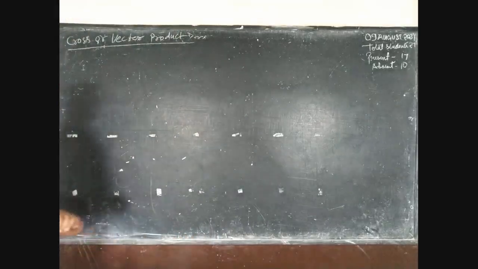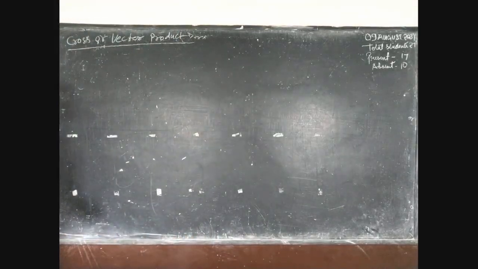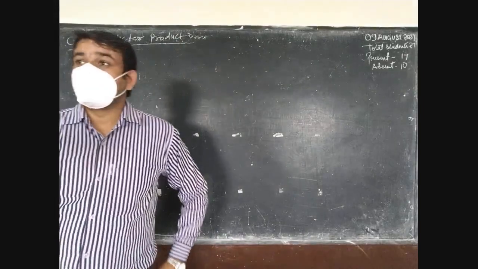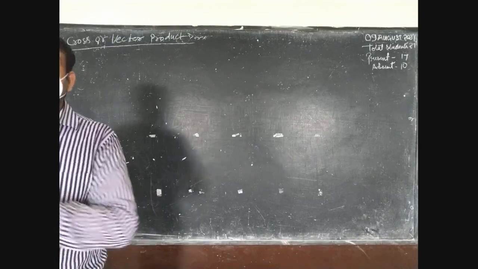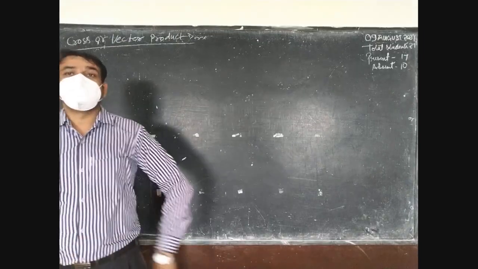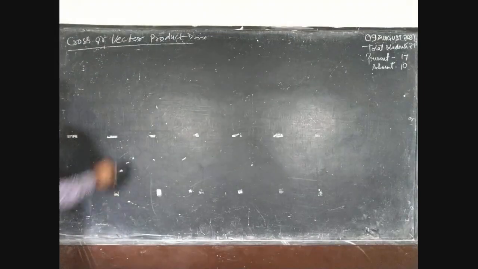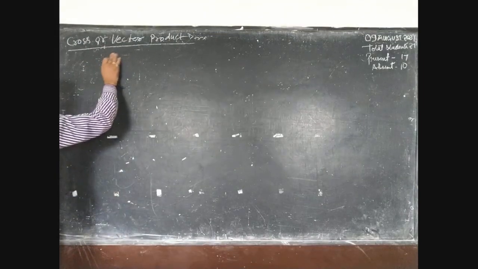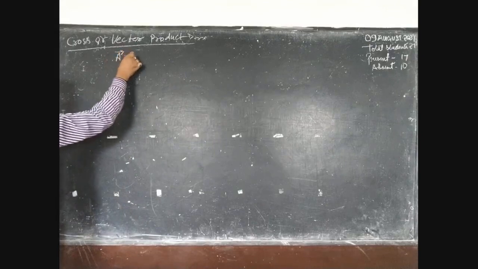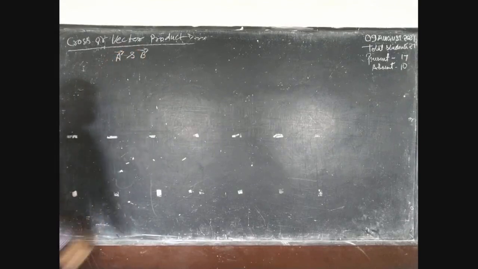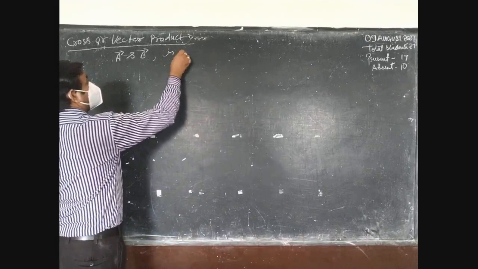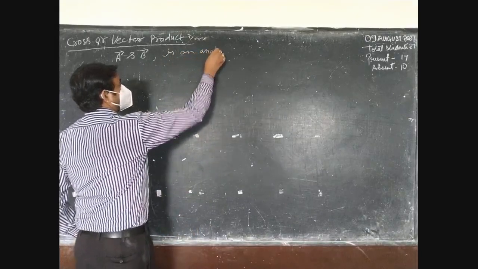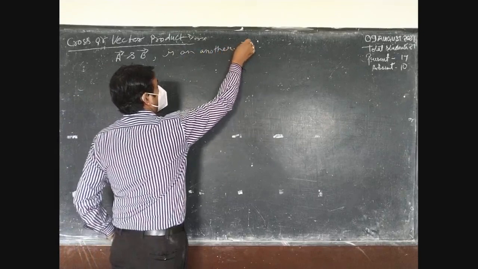Okay, next topic is cross product, or vector product. The vector product or cross product between two vectors, vector A and vector B, is another vector C,